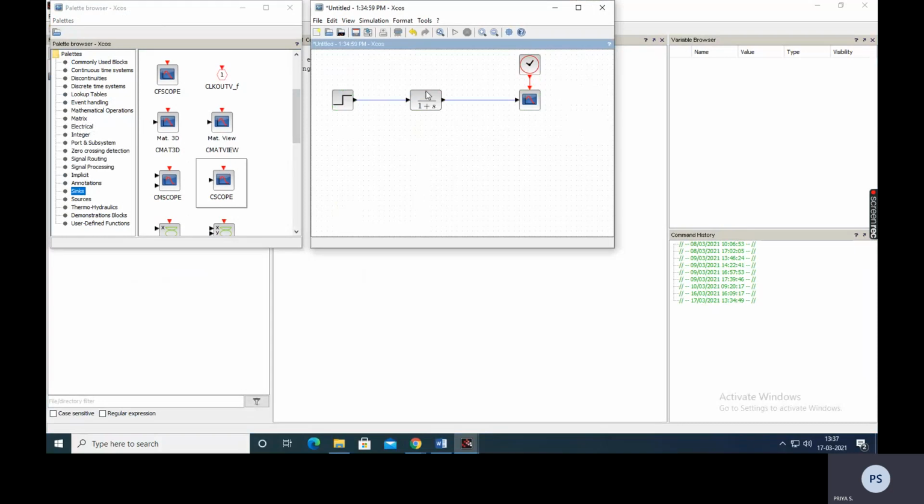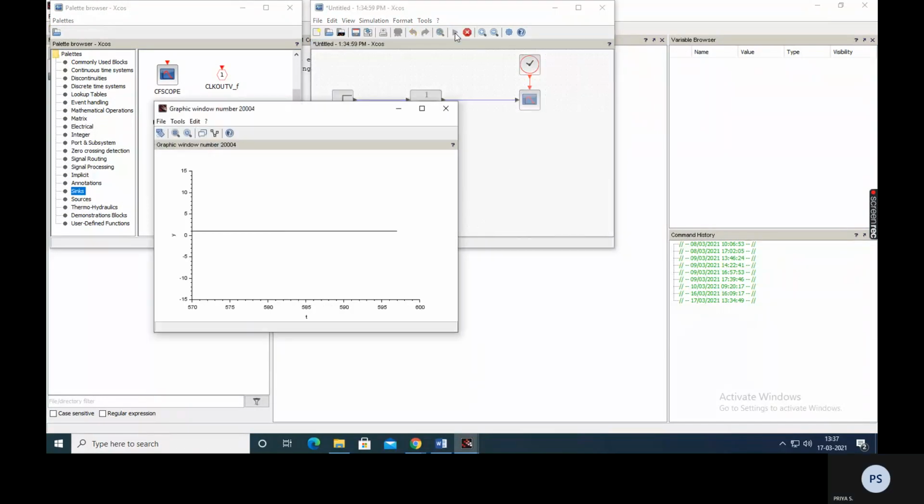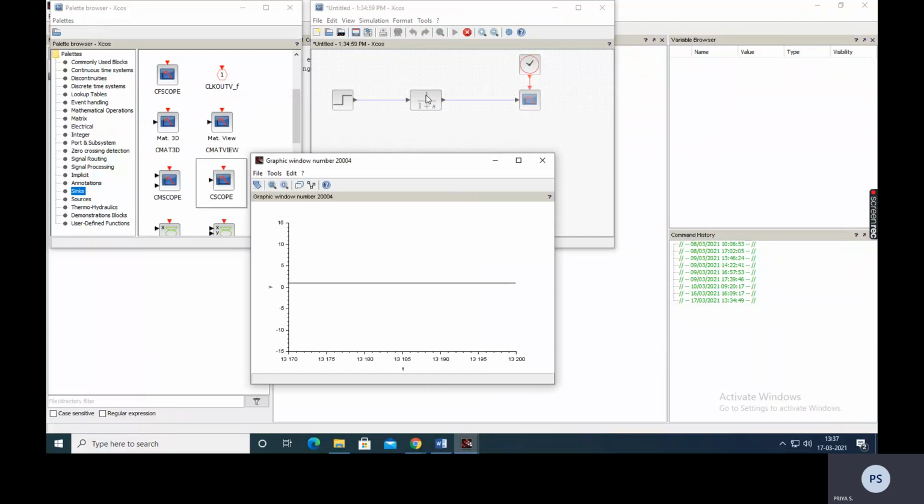Then I am connecting this to the first order differential equation. That is the first order system I am taking. Then the output I am going to show with the help of your scope, and I am connecting a clock also. So you can start. See that button. So click the start button. Your simulation is there. So your gain is going to be 1. Here k value is equal to 1, T value also going to be 1. So my output waveform is settled at 1, but I can't see that clearly. It is quickly running.